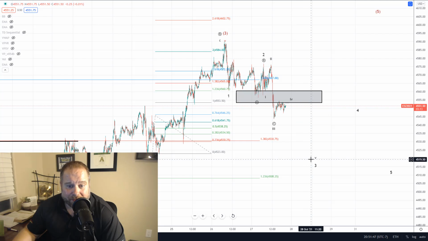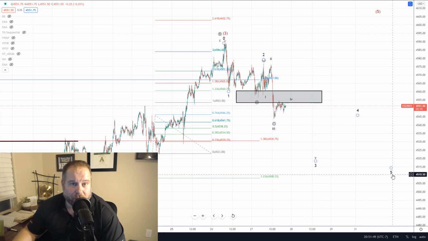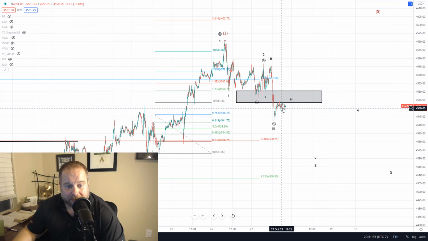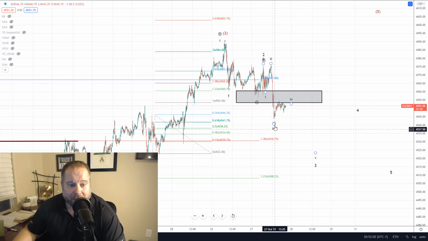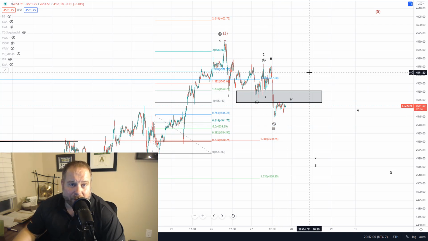If they push it down and give us 4 and 5, that's when we know we're in the C wave because we have 5 down. Then we would expect a wave 2 bounce, and then we would look to short. If they're able to push this back up through the pivot in a B wave bounce, not only is the C wave option off the table, the A wave is complete, and we are in B, and we will look for the C wave down from there, probably targeting around 4,500 to